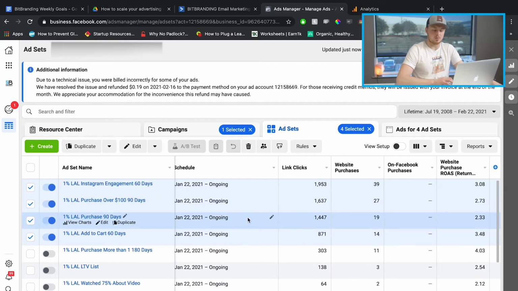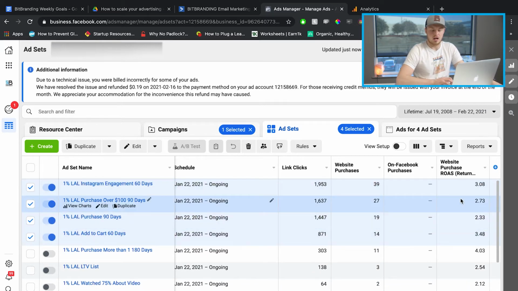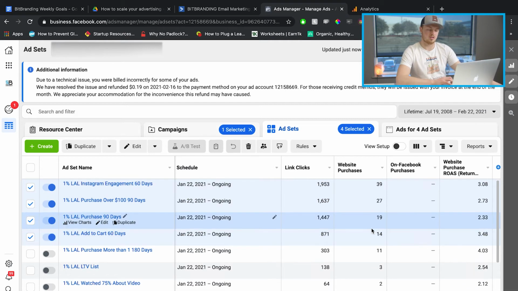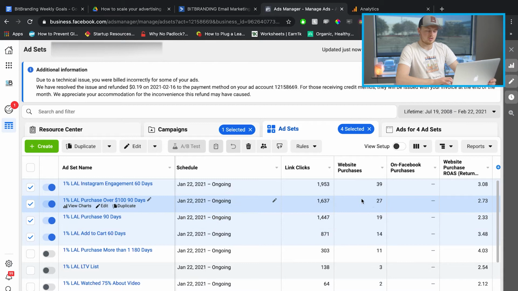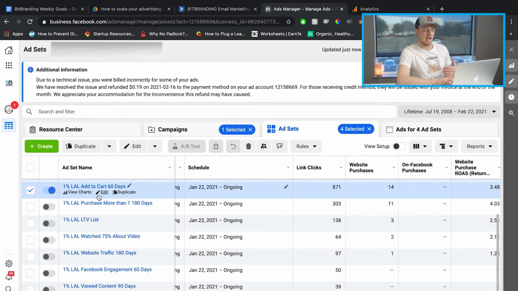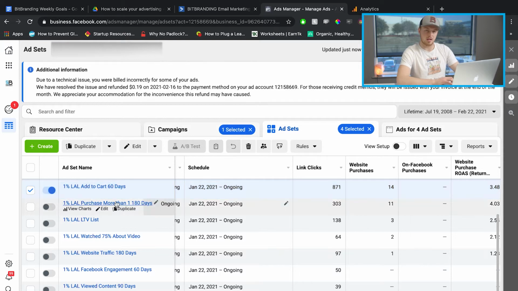So I'm completely fine with the ROAS going down a little bit to those 2s or 3s if it continues to scale at that level and it still gets the link clicks that we want, still gets the add to cart value that we want. So there's a lot of other factors to look at here, but you want to give Facebook as many audiences as possible. The one thing you want to continuously be doing as well is, as you're scaling, add in new audiences for Facebook to continue to learn, or create a new campaign for them to continue to learn as well.